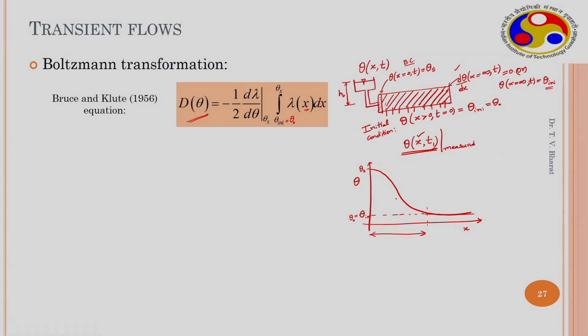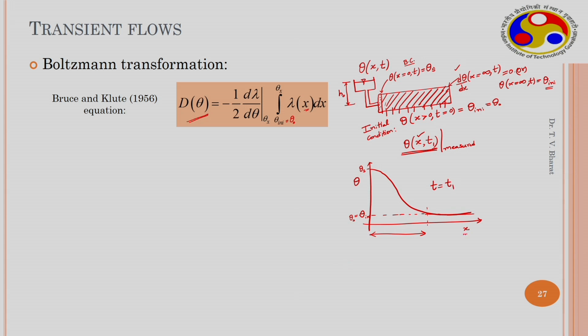So, the sharp wetting front cannot be seen, that is only hypothetical, and mostly that can be invoked in coarse grained soils without much loss of accuracy. So, this is volumetric water content versus x, this is the observation you get. This is at one particular time t equal to t1, that is the observation.